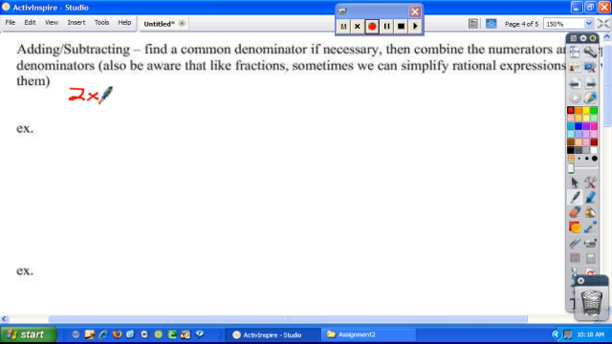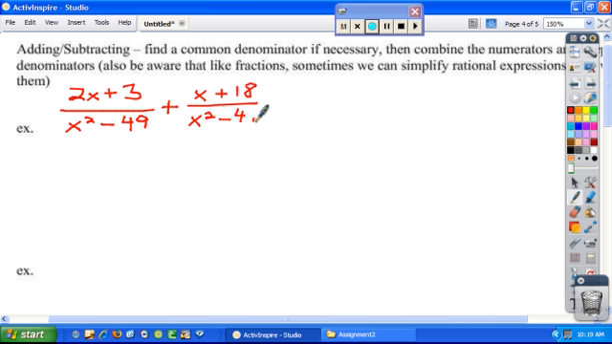When you want to add or subtract, you need to find a common denominator and then just add the numerators or subtract them and keep the denominators the same. Sometimes you'll already have a common denominator, and that's a good thing. Sometimes you won't have a common denominator, and you won't even be able to get a common denominator without factoring,